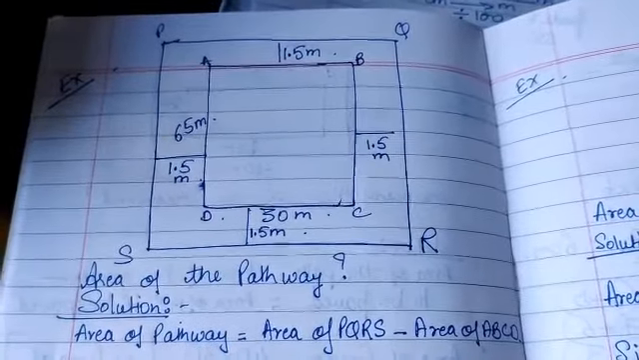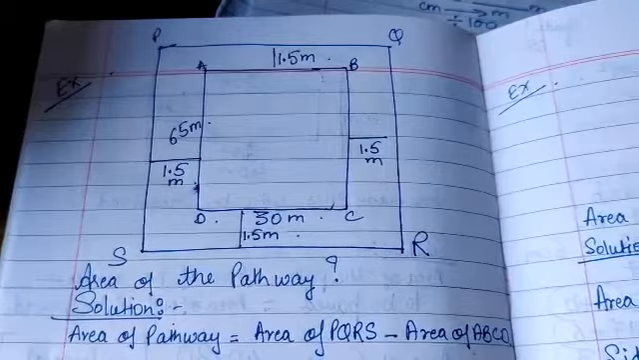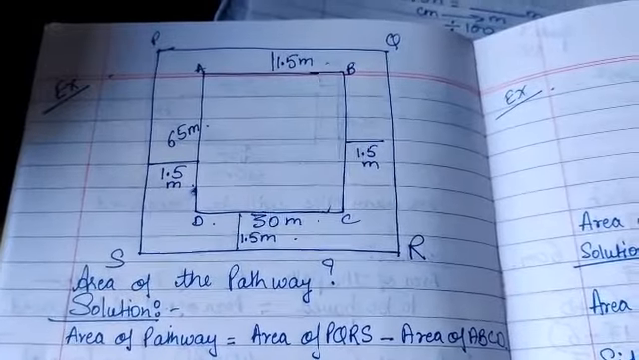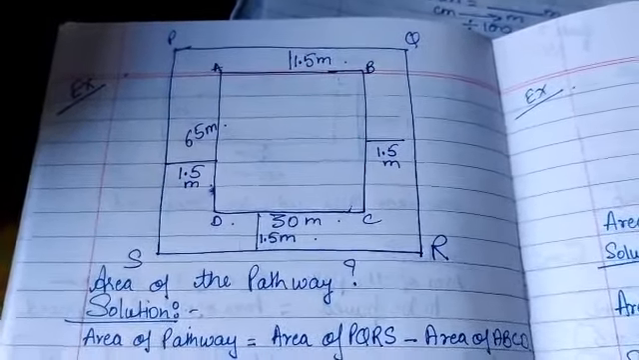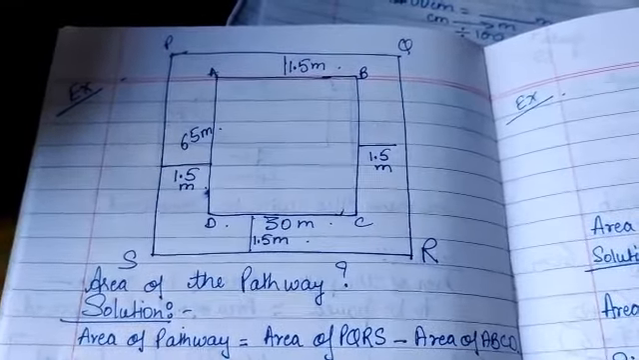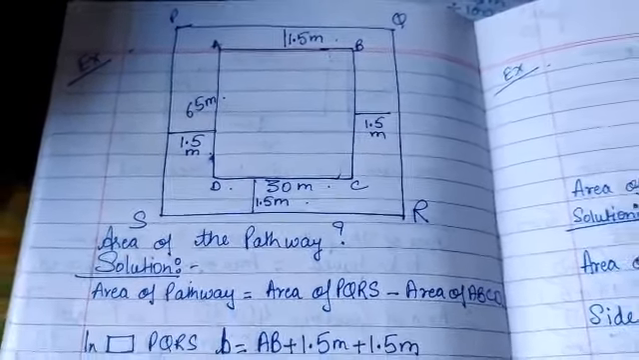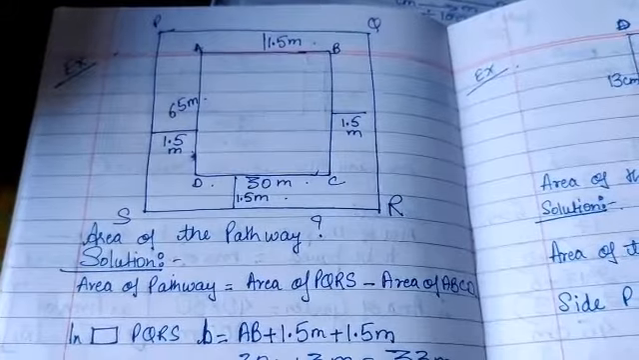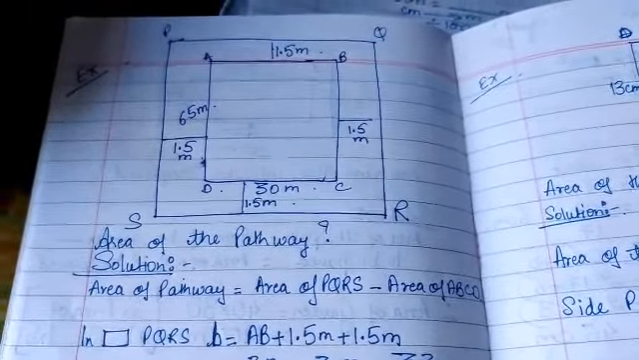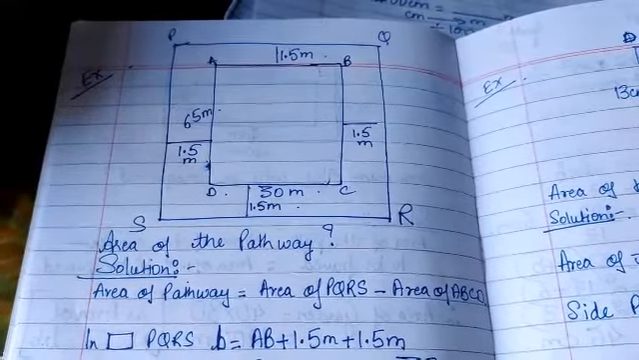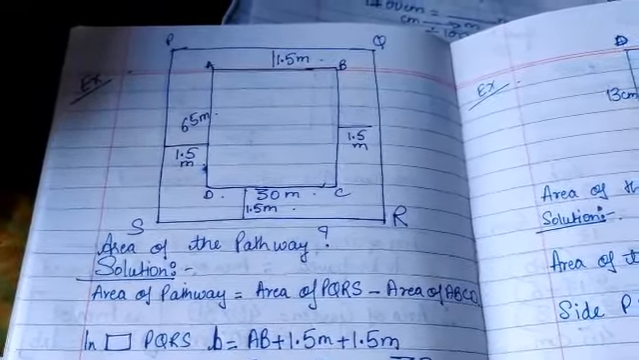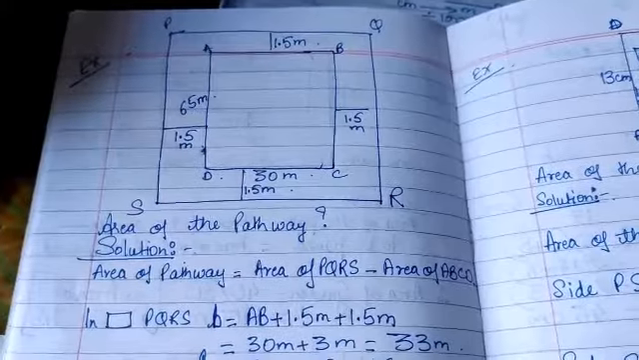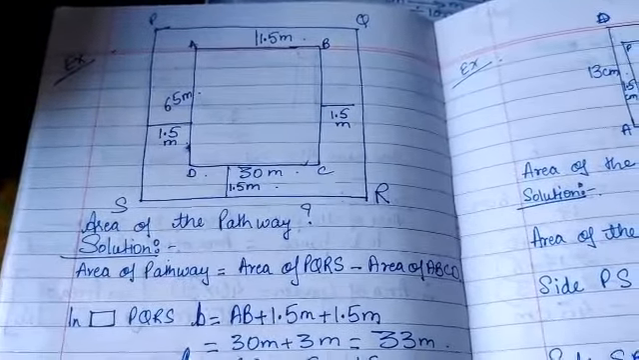So looking at the figure, the area of the pathway is area of PQRS minus area of ABCD, because the pathway is along all around the ground outside it. Okay, so in this rectangle PQRS, your breadth is AB plus 1.5 plus 1.5, because that is the pathway width. So your AB, which is actually 30, plus 3 meters gets added, and that is the breadth